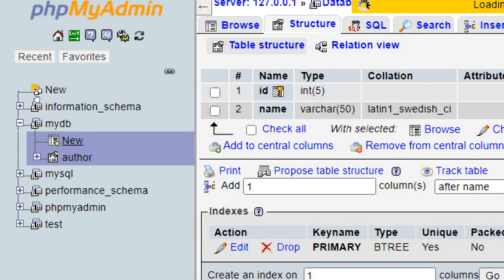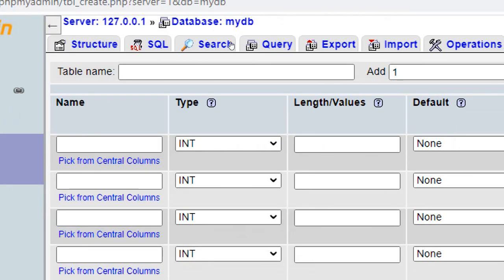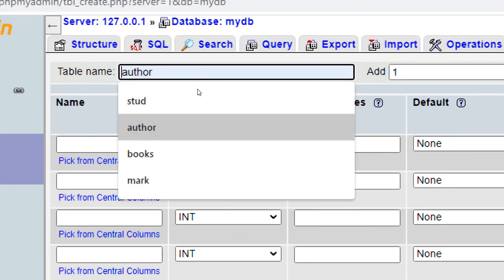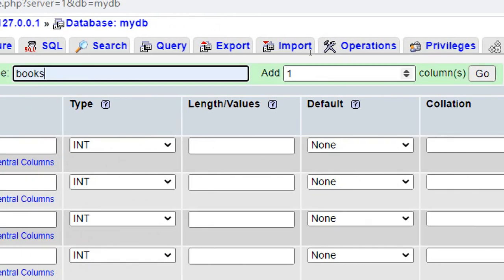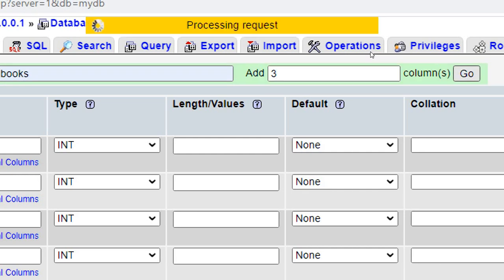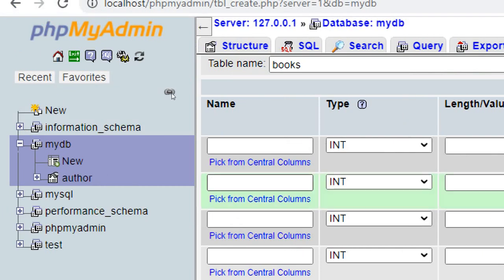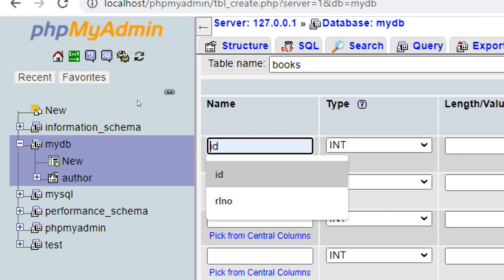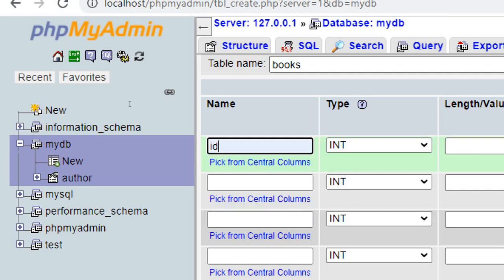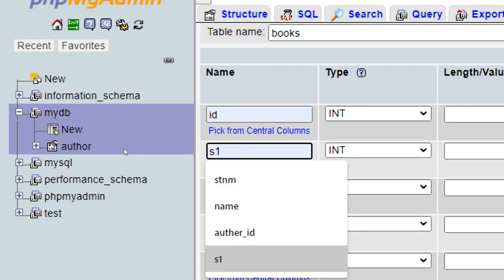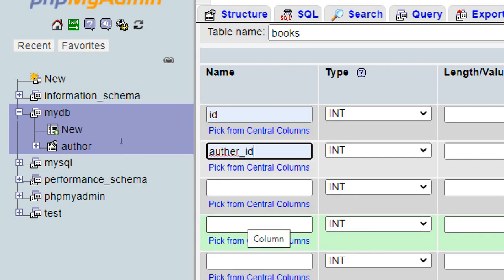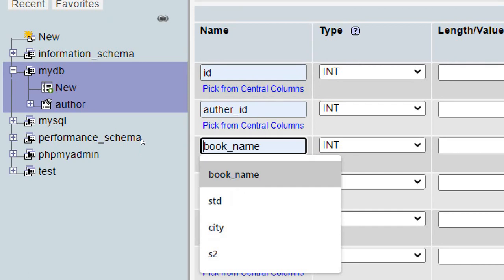Create another new table, click on new. The name is books, which has 3 fields. Click on go. In those 3 fields, first create the ID, which is the book ID. Second is author ID, which is a foreign key of the author table. Third one is book name.